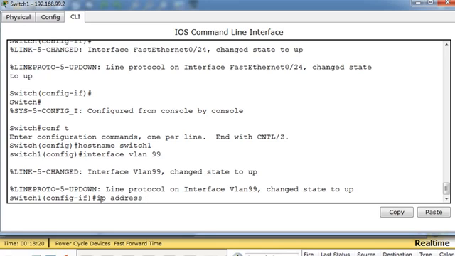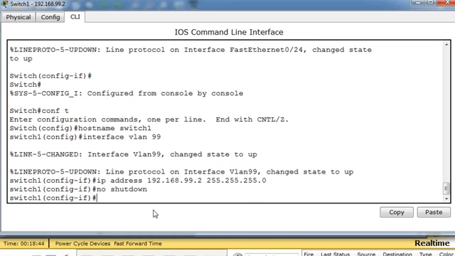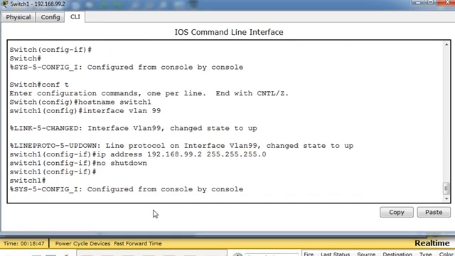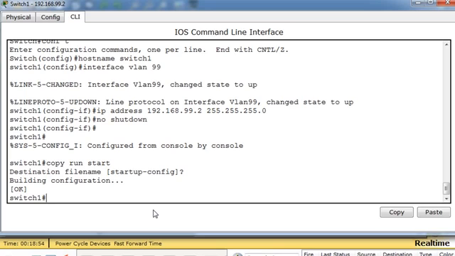and then I'll say ip address 192.168.99.2, and then I need to give it a subnet mask. Okay, and then I'll do a no shut, no space shut, for no shutdown. All right, and now I'll do Control C, copy running config to startup config, copy run start, save your configuration,